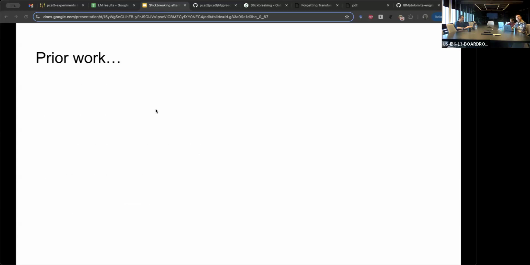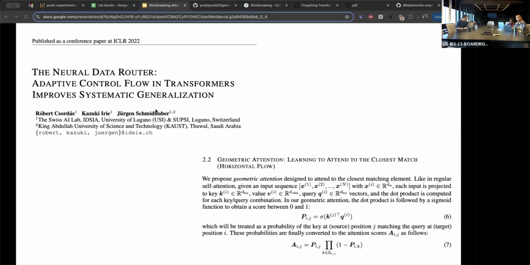So part of the reason why the reviewers think stick-breaking is kind of a catch-all is that there was prior work with the stick-breaking mechanism. There was the Neural Data Router from Robert and Kazuki at Schmidhuber's group. The formulation here was also used in stick-breaking, and it has a bidirectional version as well. What they called it was geometric attention, and that gives a good intuition of how stick-breaking works. If you think about the geometric distribution, it is effectively a weighted coin with probability p, and you're trying to get a distribution of how many